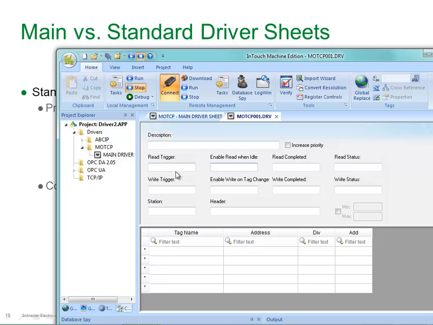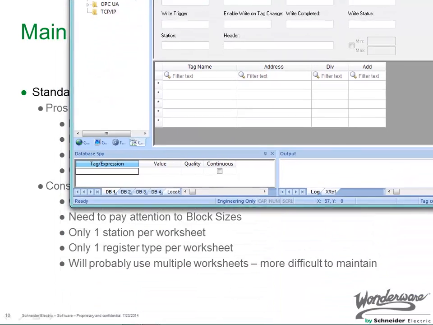Alternatively, you can shut that off and use the read trigger. You can trigger when you want it to read, only when you want to read, or read on a consistent period, or read as fast as you can. In a similar fashion,